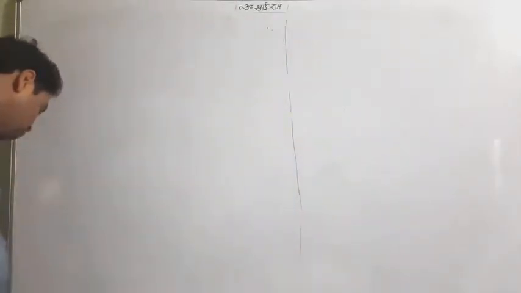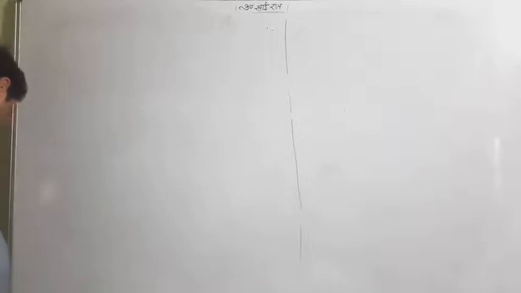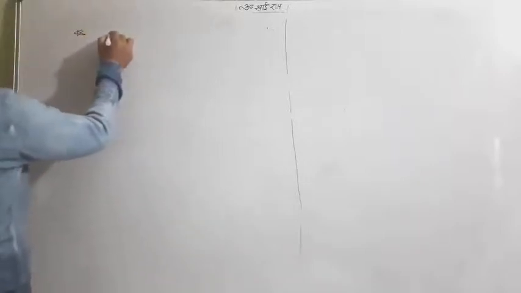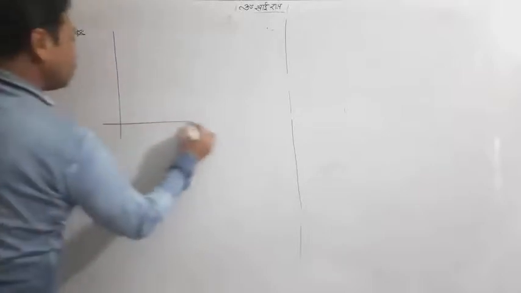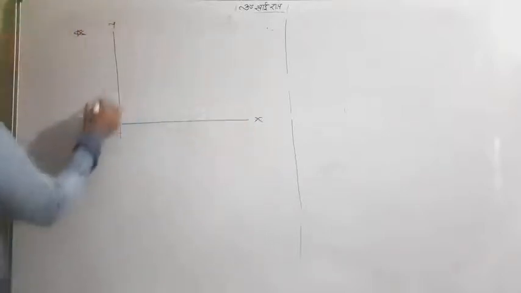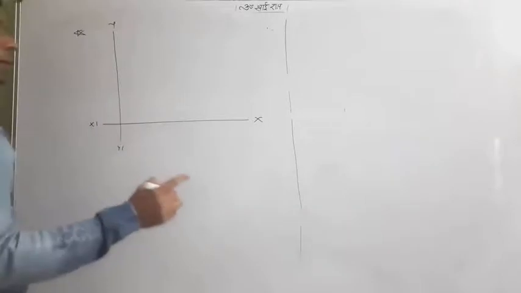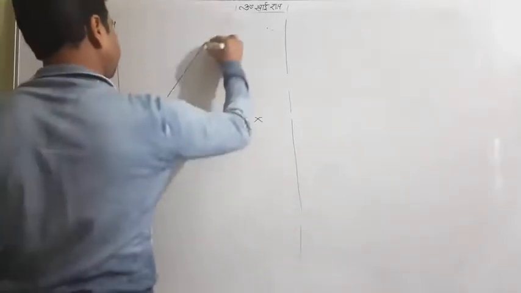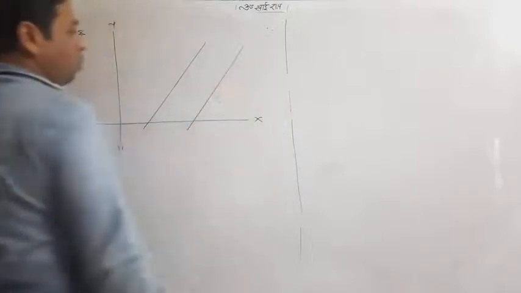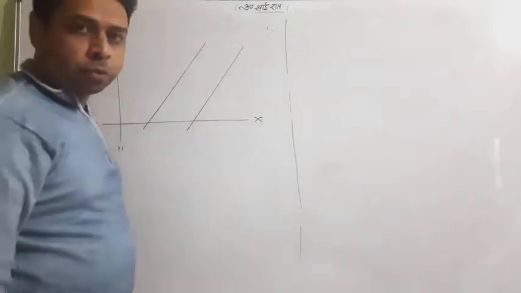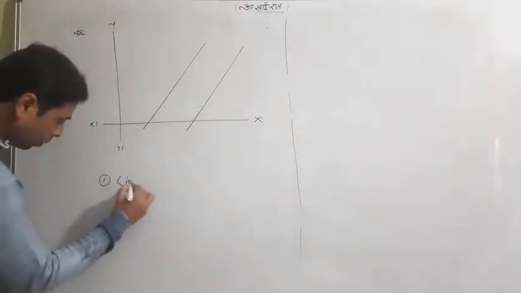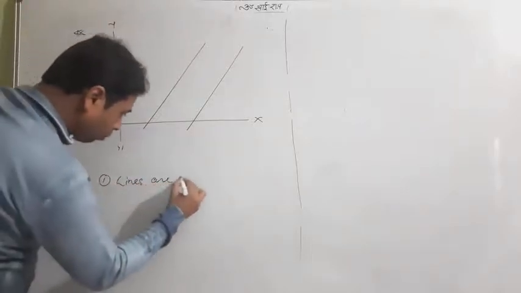That was one example I have taught you. Now look at the next thing, very interesting, I'm telling you. Till now we have talked about the slope of a line. Now I say two lines. What about the nature of these two lines? One can understand the lines are parallel.